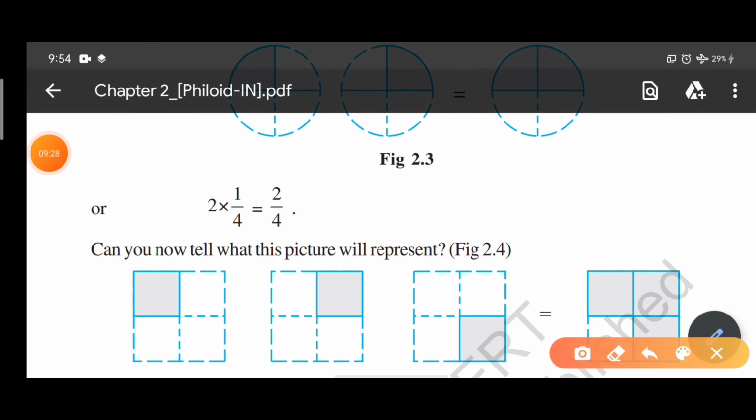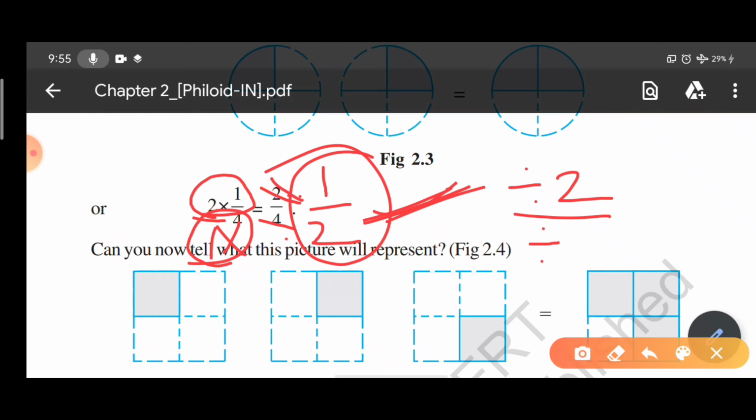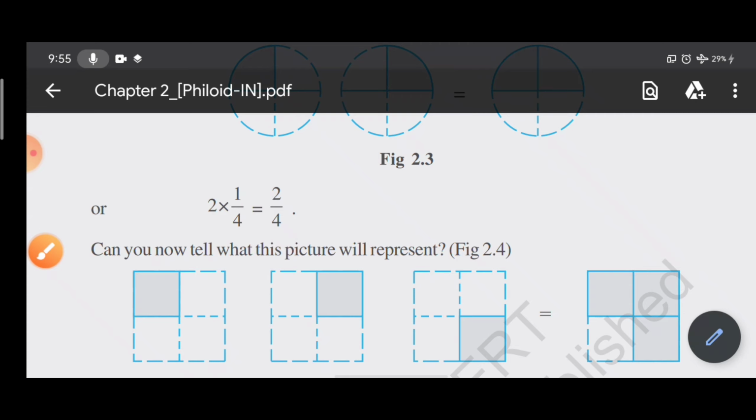So here the problem is 2 multiplied by 1 by 4. So 2 divided by 1, I said numerator to numerator, 2 1s are 2, and denominator to denominator, 1 4s are 4. So it is like 2 by 4 that you got as the answer. You can also convert it into its simplest form. It is divisible by 2 and it is also divisible by 2. So 1 by 2 can also be the answer of this particular question. Keep that in mind. Whatever number and operation you use in the numerator, the same operation and number you will use in the denominator as well. Else your question will go wrong in that kind of situation.